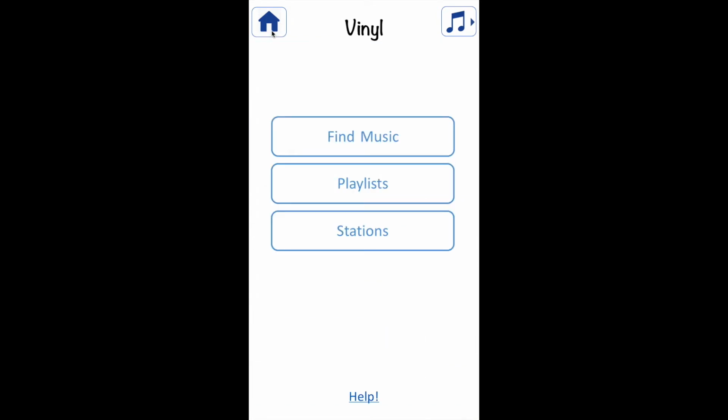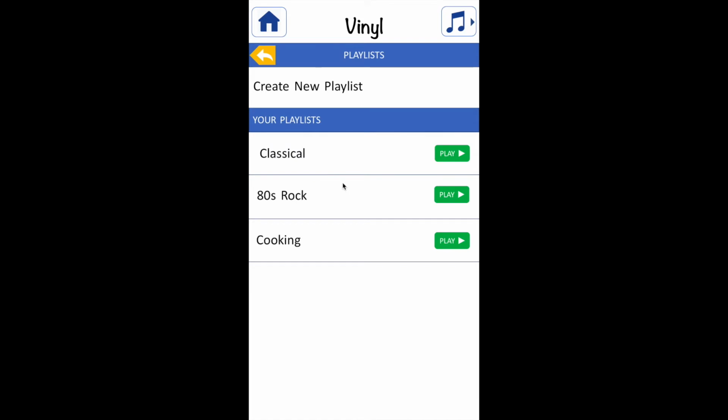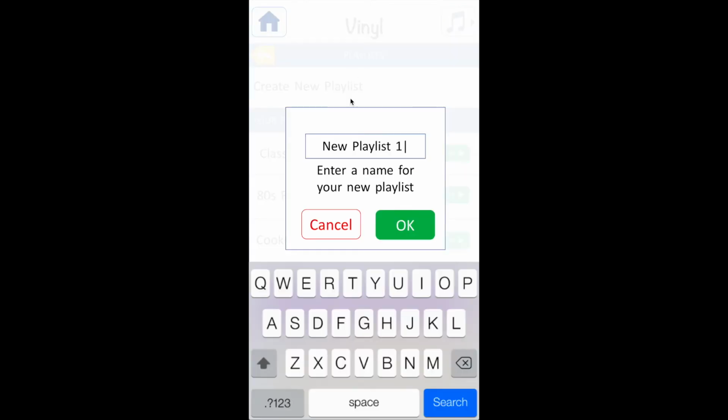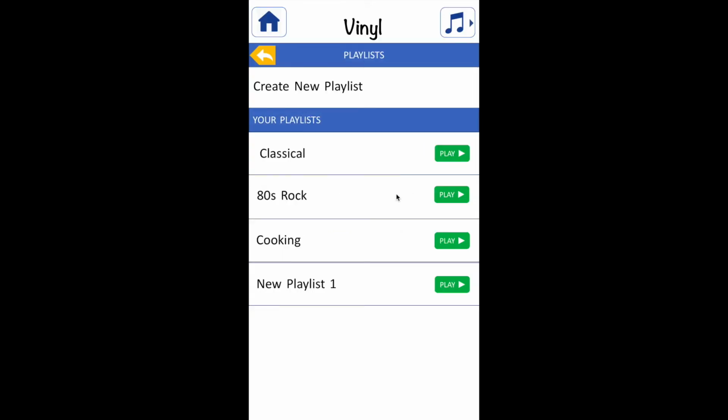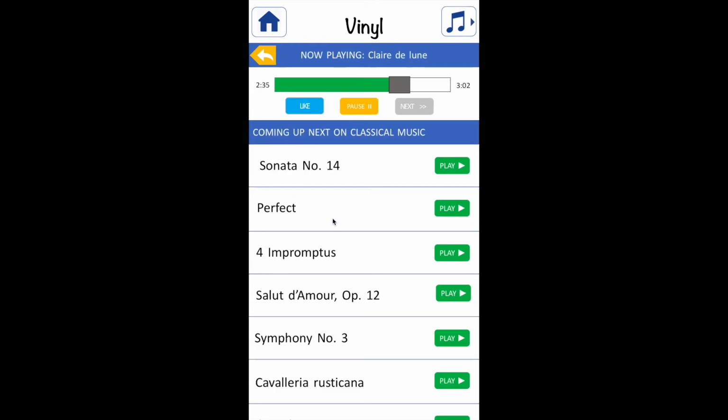Now back at the home screen, we can go to the playlist section. A user can still create a playlist, so we click here, and new playlist 1, okay. And we've also added views for playing each of those playlists. So we click on classical, we got a nice selection of classical music here. And finally,